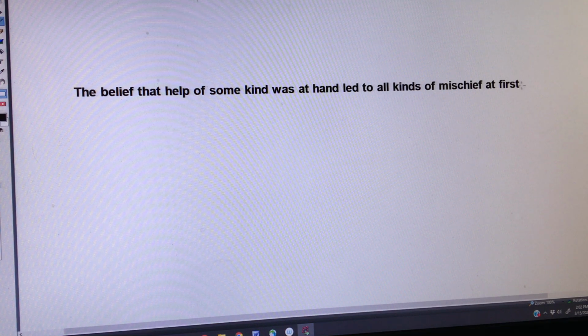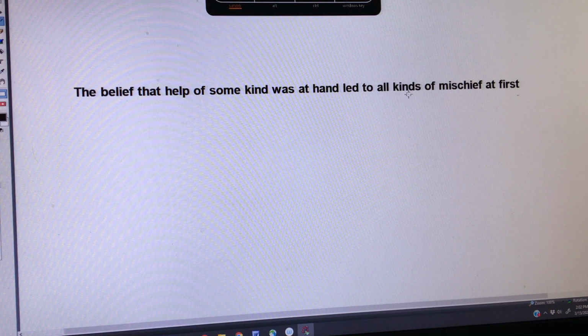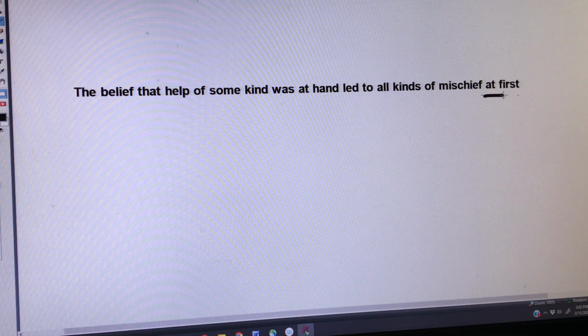So if we look at the prepositional phrases, it often helps to go from right to left. So at first, that is a prepositional phrase. We saw already that it is not connected to anything other than led. It's not coming off any other prepositional phrase. So of mischief, that's a prepositional phrase, and that is inside another prepositional phrase, to all kinds of mischief. So there we have three prepositional phrases